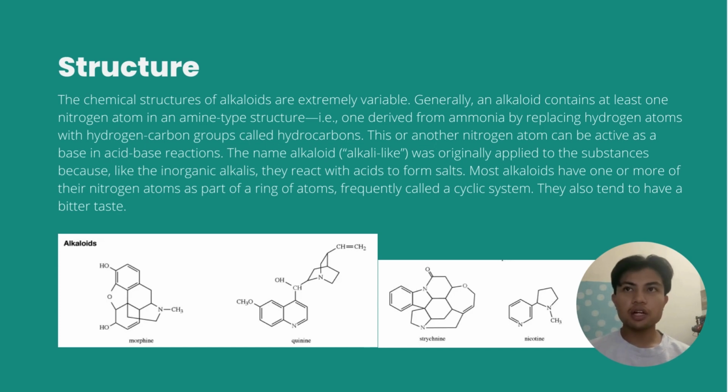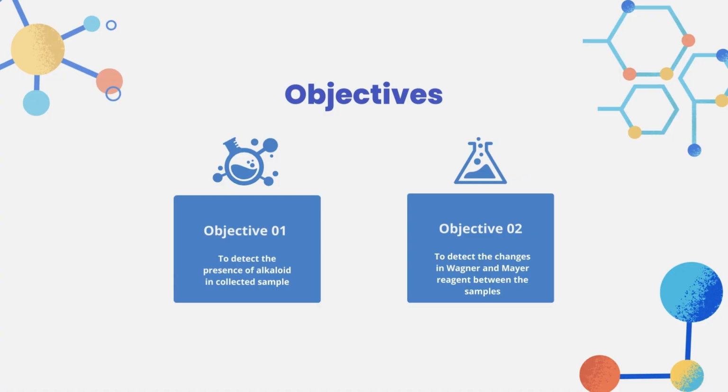Most alkaloids have one or more nitrogen atoms as part of a ring of atoms, frequently called a cyclic system, and alkaloids also tend to have a bitter taste. As for the objectives of this experiment, the first objective is to detect the presence of alkaloids in our collected samples, and the second objective is to detect the changes in Wagner and Mayer reagent between the